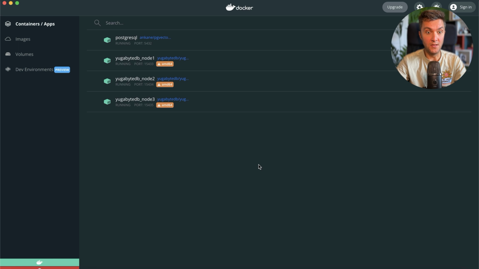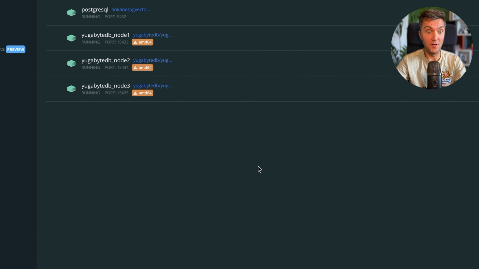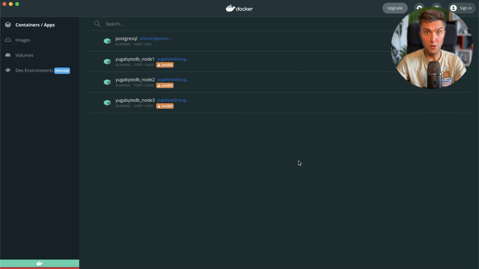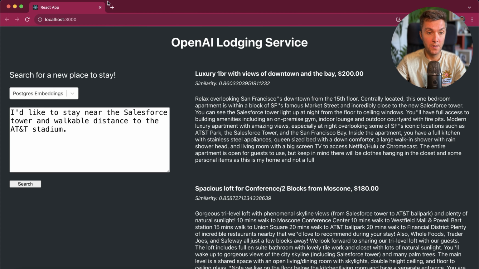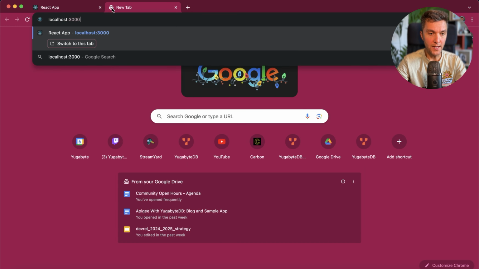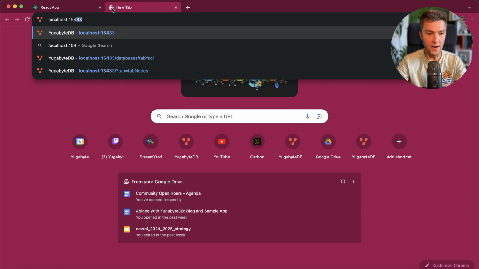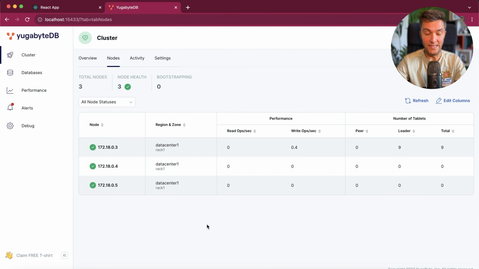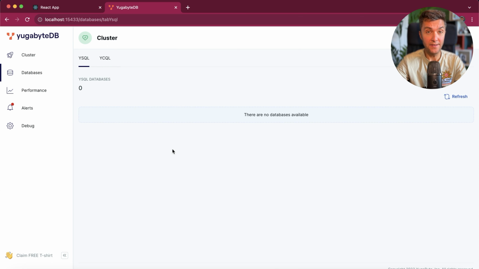Alright, as you can see, Docker says that I've got a 3-node YugabyteDB cluster running locally. That's exactly what I need. Also, I can always check the state of the cluster by using a special UI. Just go to the localhost and use the port number 15433 to see the state of your cluster. As I said, we started a 3-node instance. What about data? Let's go to the databases tab and you can see that there are no databases and